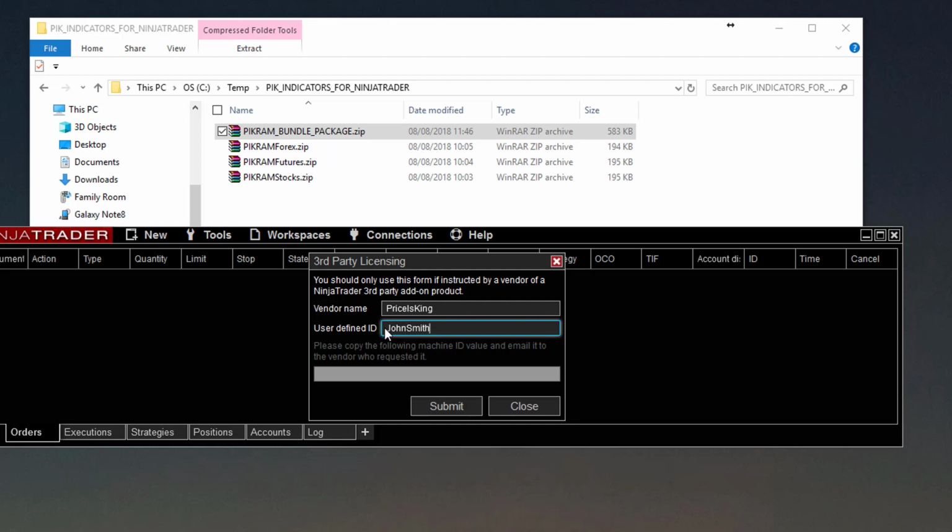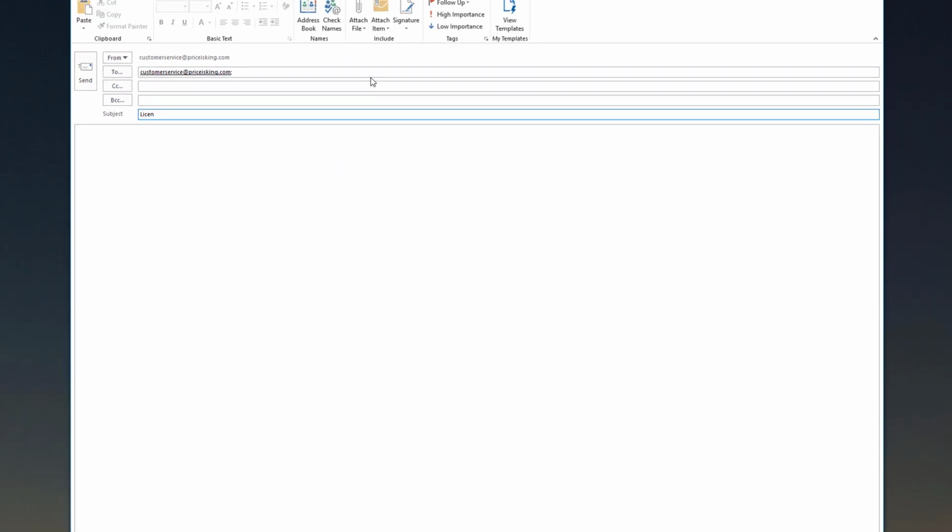Okay, and then once you have this information filled out, click on the submit button and you'll get this ID generated. This is pretty much your machine ID. What you'll need to do is copy this and email it to us. All you'll need to do is send us an email to customer service at PriceIsKing.com